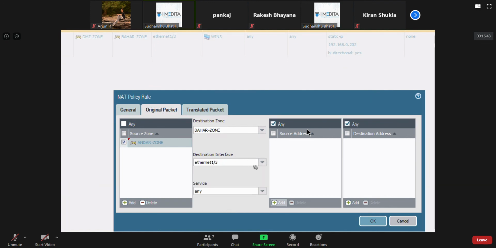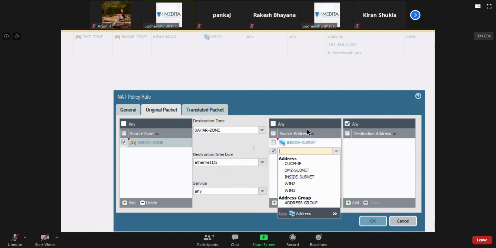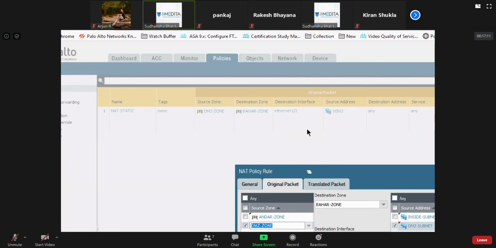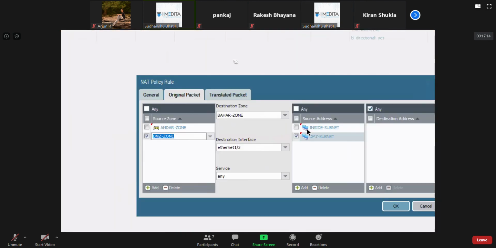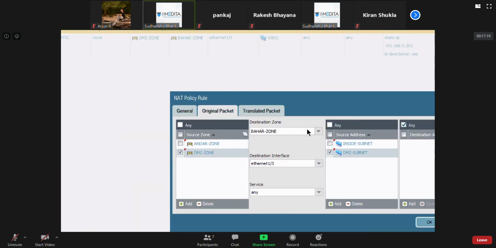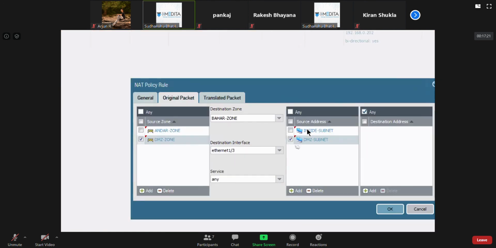And here, instead of mentioning an individual IP, I could say the whole subnet. Let's do it for both of these. I'll disable that rule.